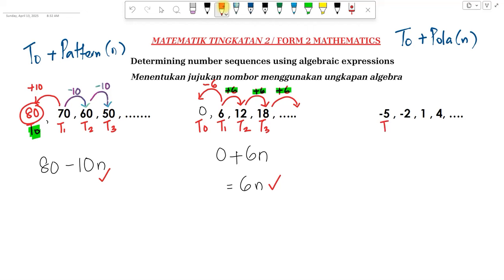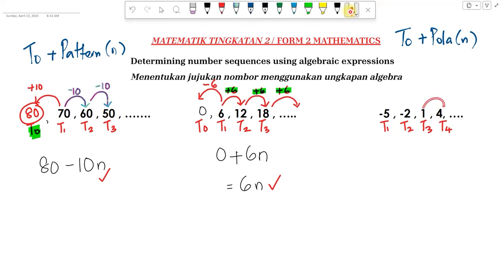Again, this is term 1, term 2, term 3, term 4. Okay, so we want to figure out our pattern. Now, some of you might have difficulty trying to figure out the number pattern. Kalau dua nombor bersebelahan, kadang-kadang kita tak tahu kan apa, macam susah nak tengok apa dia punya corak. Senang aja, guys, you see first. Okay, nombor yang lebih besar tolak dengan nombor yang lebih kecil, right? Negative 2 you minus with negative 5. 4 or minus with 1. Mana lagi senang nak buat? 4 tolak 1 lagi senang kan?